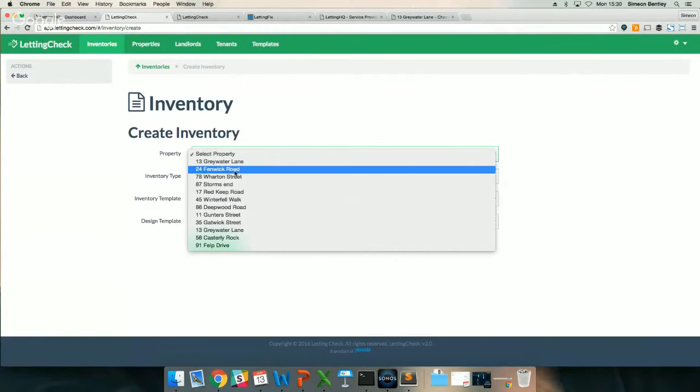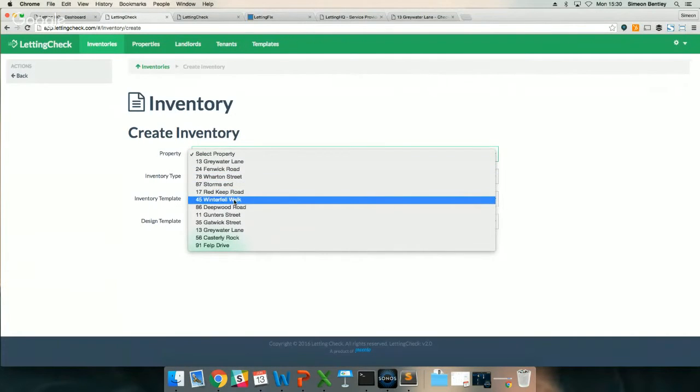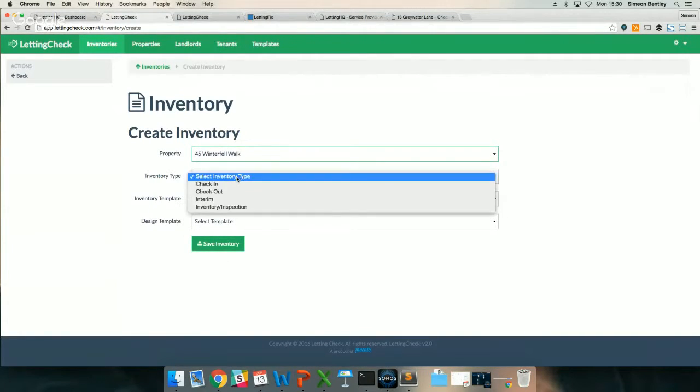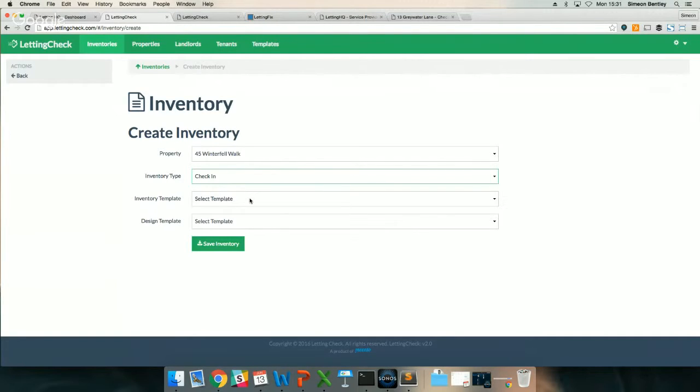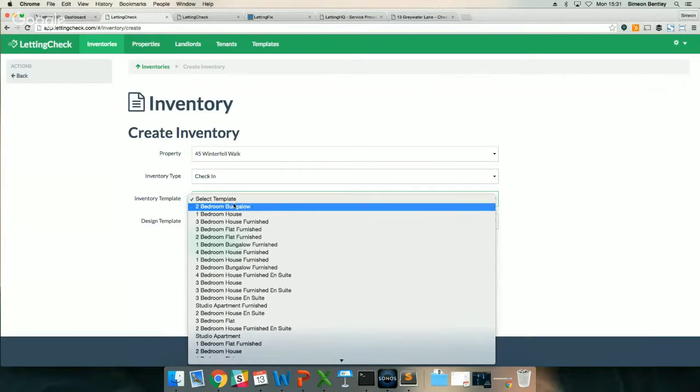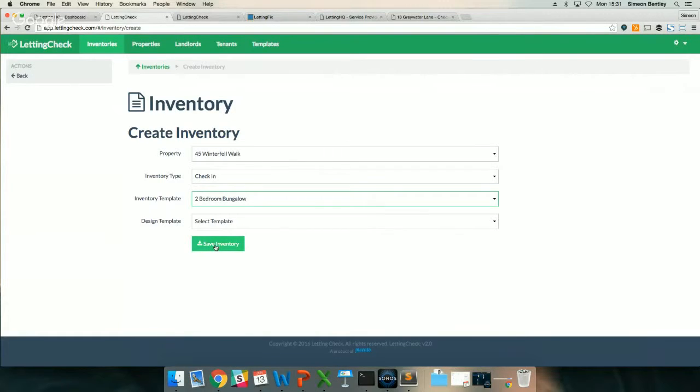Let's select a property, 45 Winterfell Walk. And it's a check-in. And at this point, I've got the option to do an inventory in the traditional way, which would be to add all the rooms and items individually. However, I'm going to take advantage of LettingCheck's new feature of templates. So if we add a 2-bedroom bungalow and hit save,